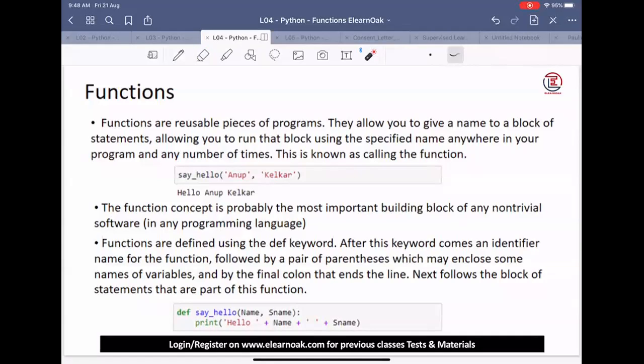So someone is asking, how do you access previous classes? As I said, you would have to contact your host. Okay, they would help you in finding out how to access previous content.